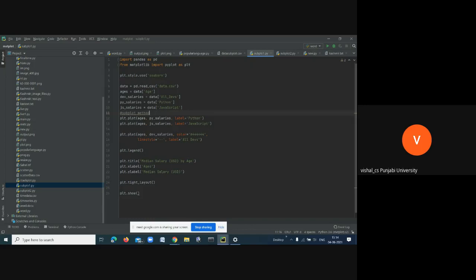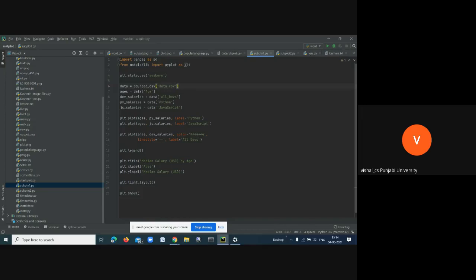See, simply what we are doing here: this is adding a style to your plot. After that I have read a CSV file, as we were doing before, and I have extracted columns from it.